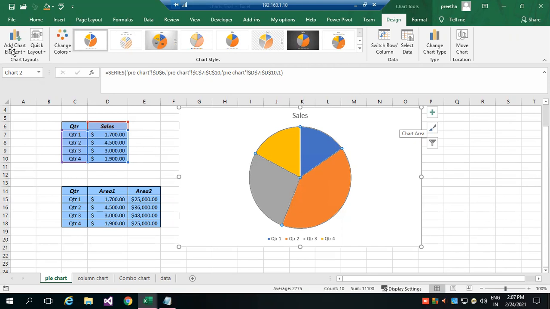I can select the chart elements, change the layout of my chart area, then the color of the chart and the predefined styles. You can also select different data, change the chart type, or move to the chart sheet. So it is your choice.